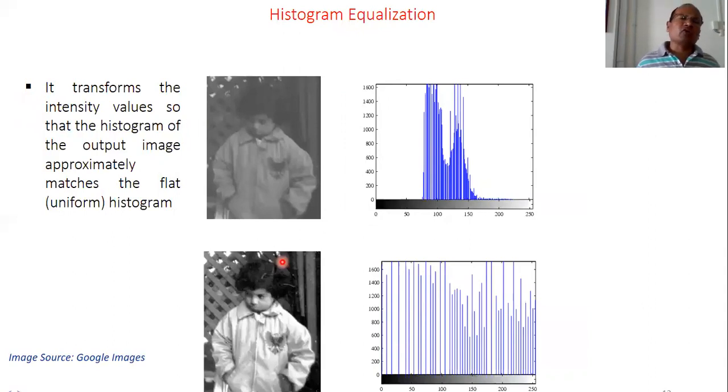Histogram equalization. So what do we do in histogram equalization? If you see the two images, we'll understand. See the first image, poor contrast. Why is it poor contrast? If you see the histogram, we'll find that most of the pixels are clustered in a narrow band. And in the second histogram, it has been distributed over a wide range of grayscale values. Therefore, in the second image, more clarity is there, better contrast is there.